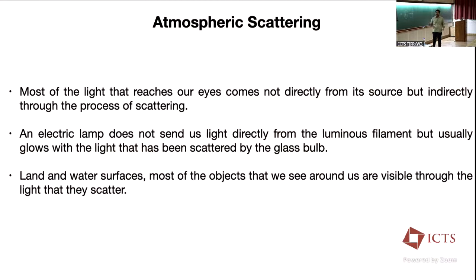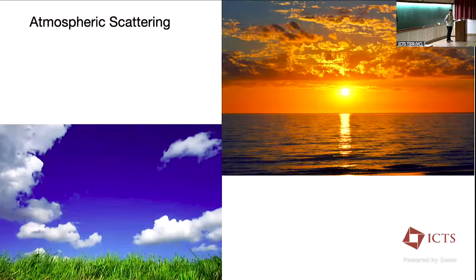So all the land, water surfaces, and all that we see, everything around us scatters radiation. And that is the basics of atmospheric scattering. Similarly, the particles in the atmosphere also scatter. You see all these beautiful colors in the atmosphere. Atmospheric scattering, basically the red color during the sunset and the blue color of the sky, are all scattering